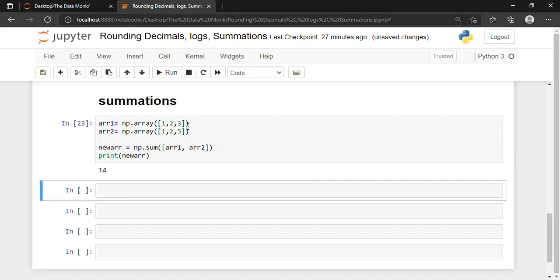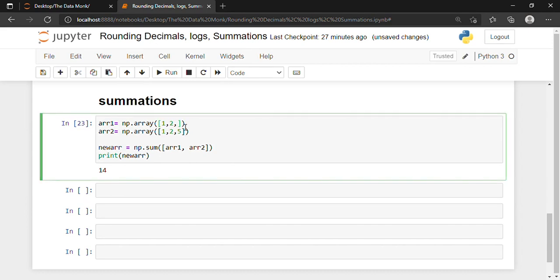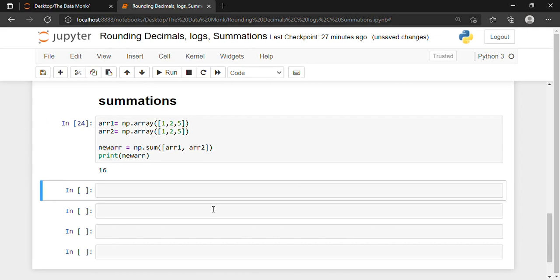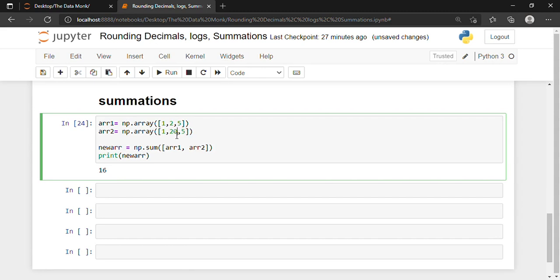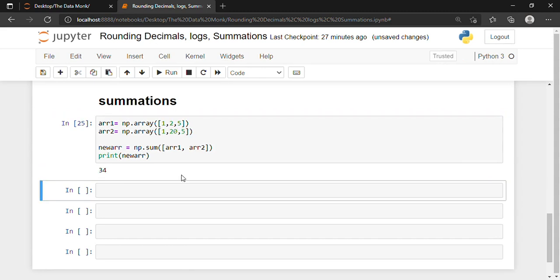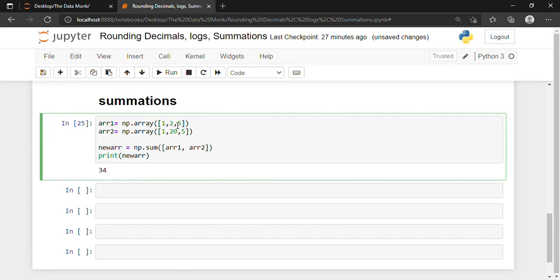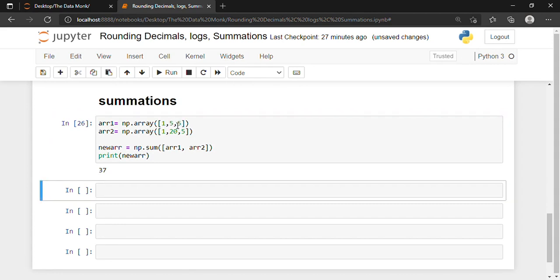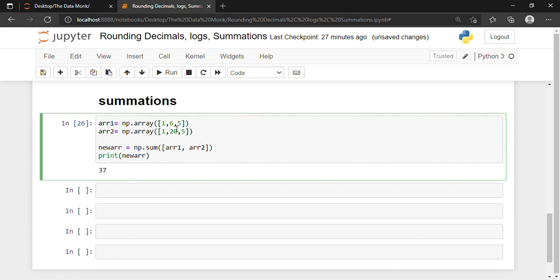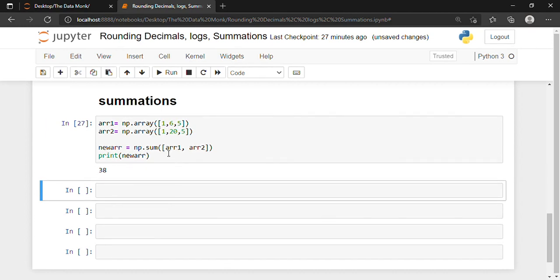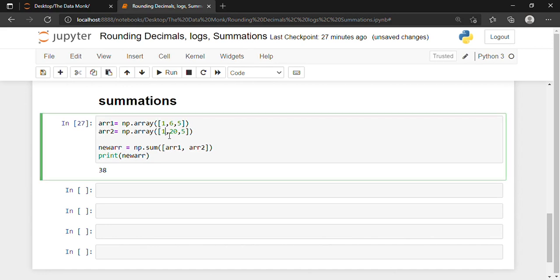If I write 5 over here also, we get 16. If I write 20 over here, we get 34. So all the numbers are changing. It first adds the elements inside the first array, then the elements inside the second array, and then adds both together. Similarly the number goes on increasing.